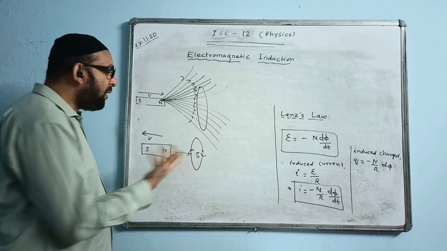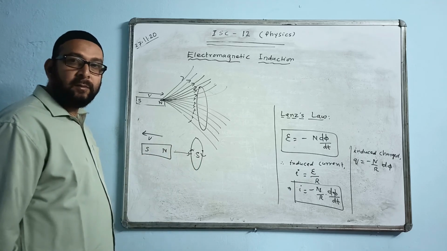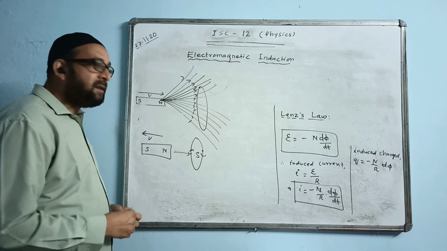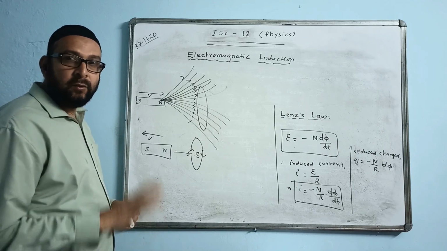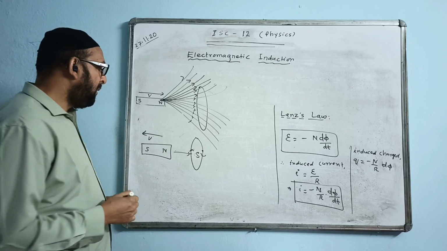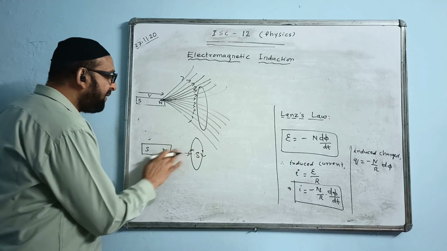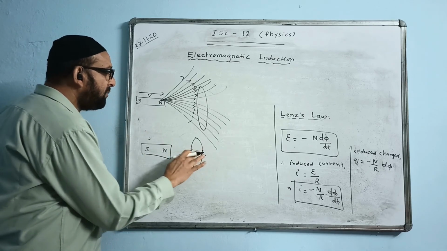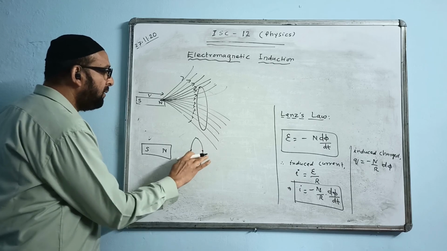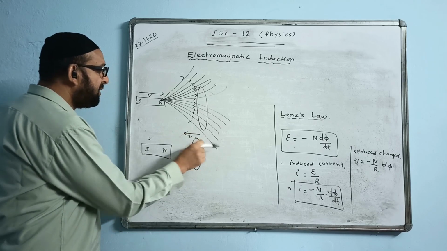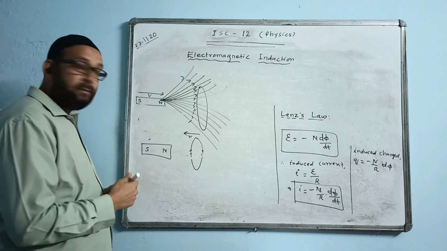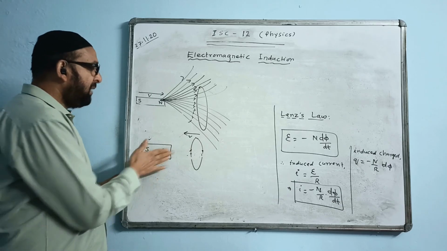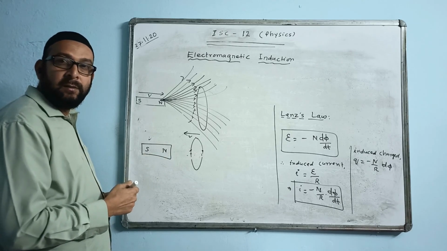If both magnet and coil are moved in the same direction with the same velocity, then no current will be induced. On the other hand, suppose we have a magnet fixed, but the coil is moved now. This time let us move the coil. I will move the coil. Velocity is given to the coil. Yet there will be current. Why? Change in flux is taking place.